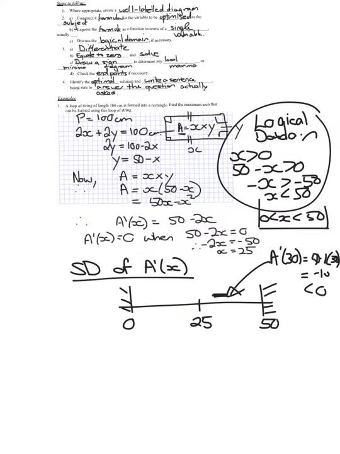Now we talked about this the other day. You know that A dash of x is 50x take x squared, so that's a quadratic. That tells you that it's going to have a turning point. It can't have a stationary point of inflection, so it's going to change sign over 25, which means it's positive or going up that side, and then negative slope coming down that side. So that does tell you it is a local maximum,